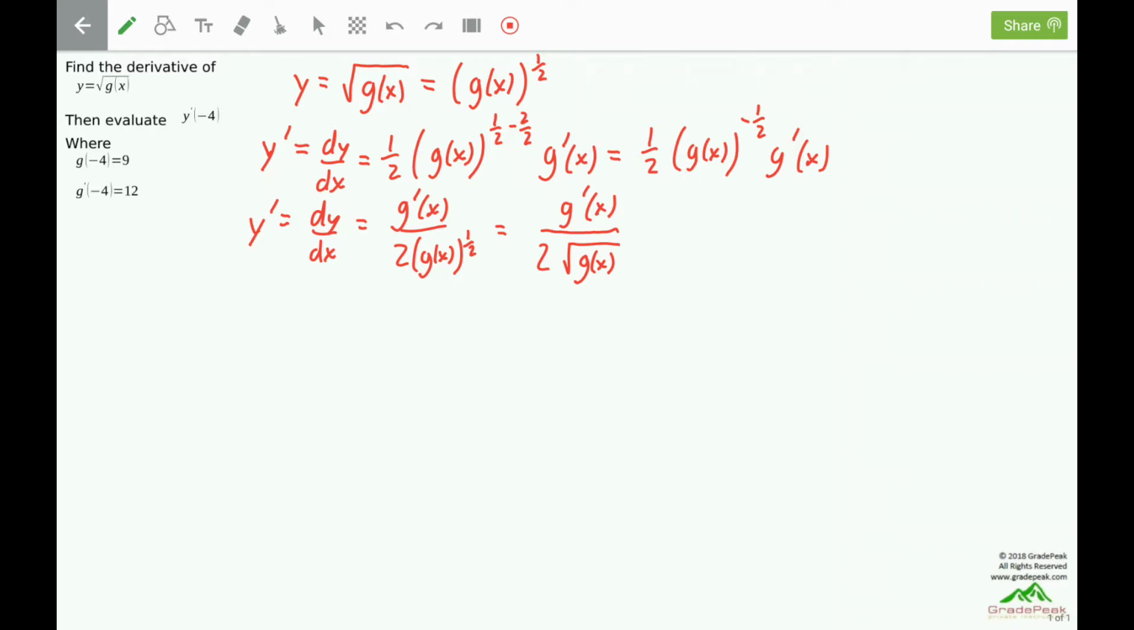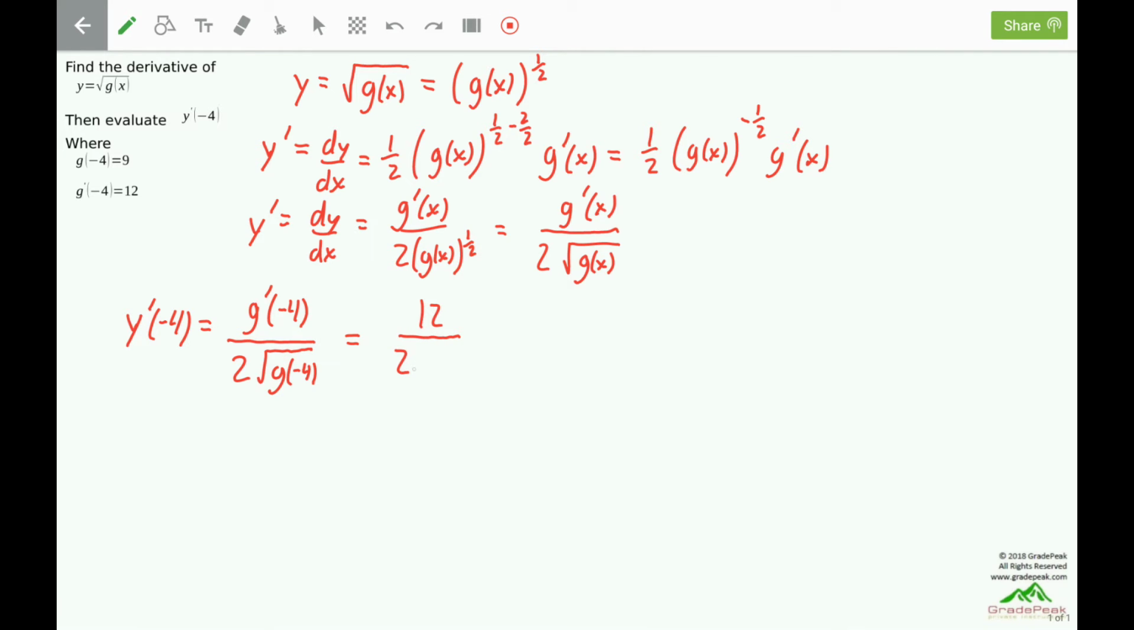The next thing to do is evaluate y prime of negative 4. So y prime of negative 4 means to plug a negative 4 in for each of the x's, and we will have g prime of negative 4 over 2 times the square root of g of negative 4. Now g prime of negative 4 and g of negative 4, both those are given here. So g prime of negative 4 is a 12,